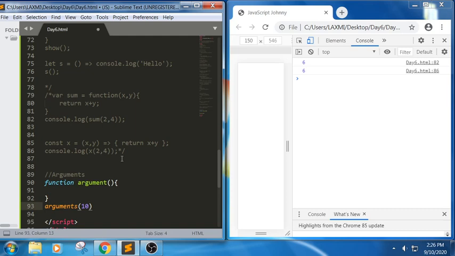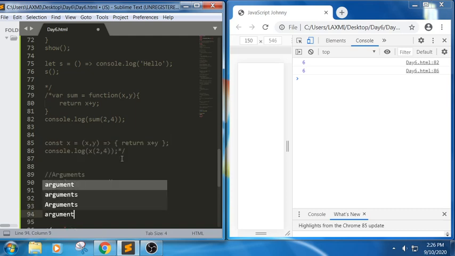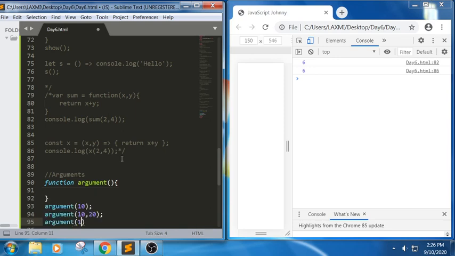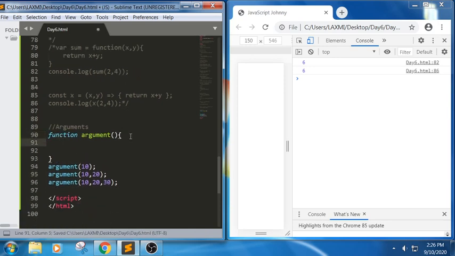For example, 10 is there, and again I write argument, here we have 10 and 20. Again I have an argument here, 10 comma 20 comma 30. Now I want to calculate the total number of arguments passed to each function call.